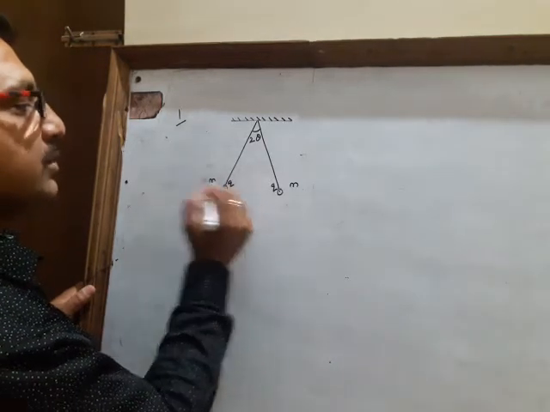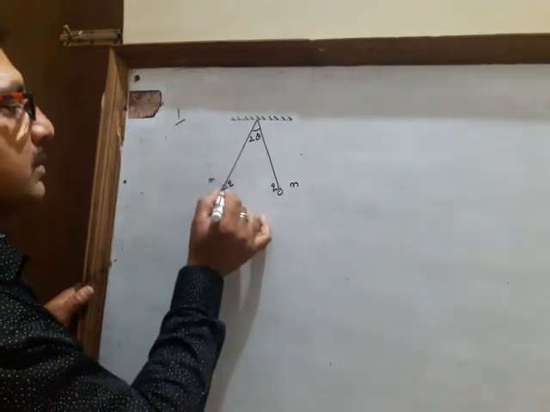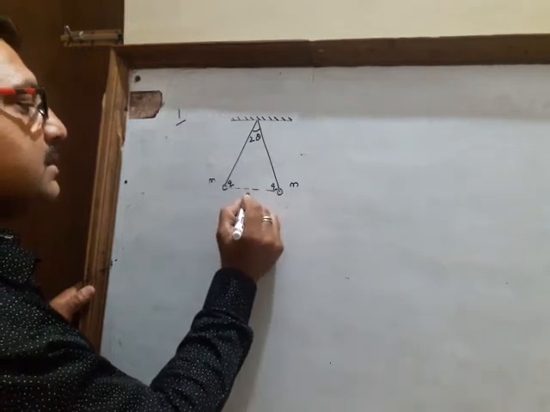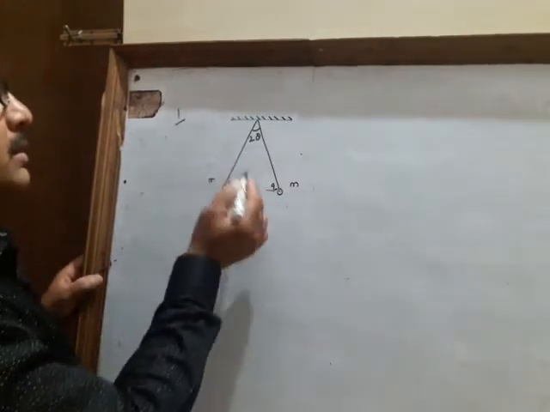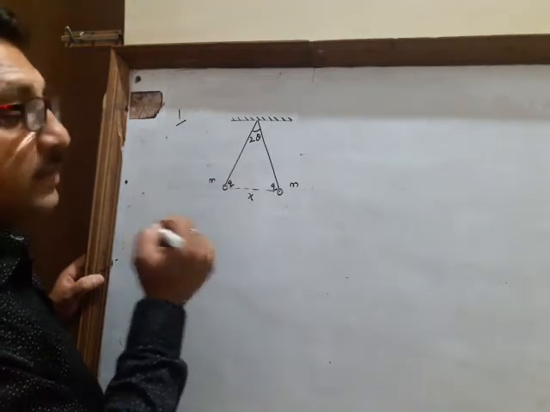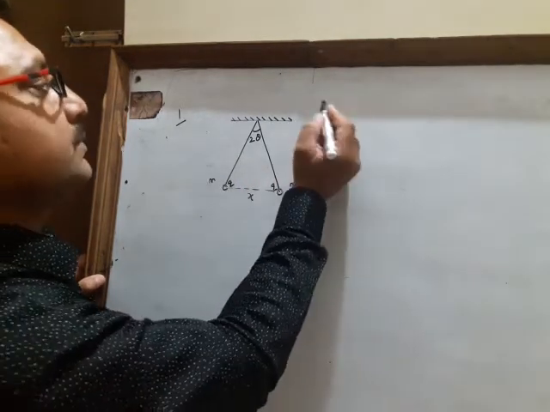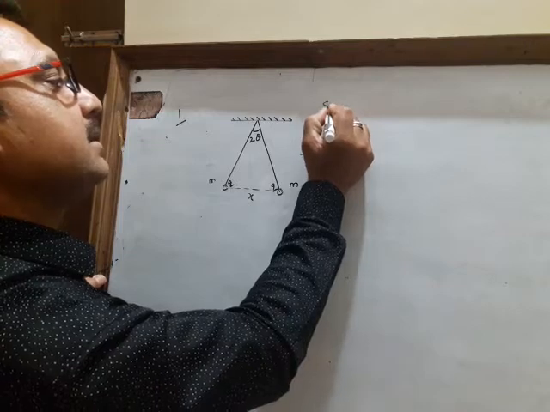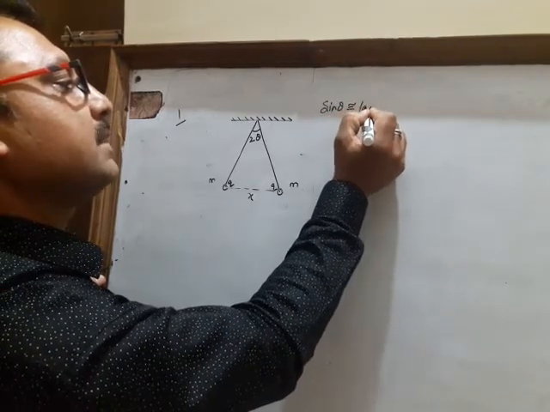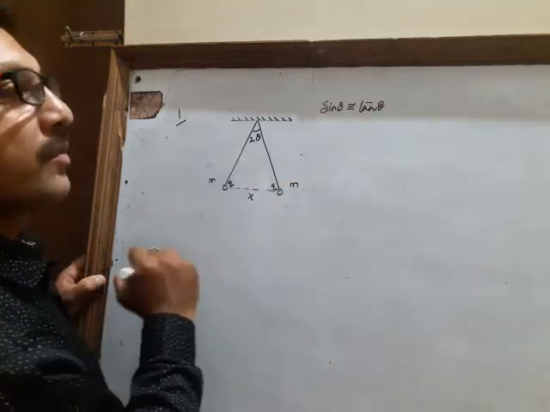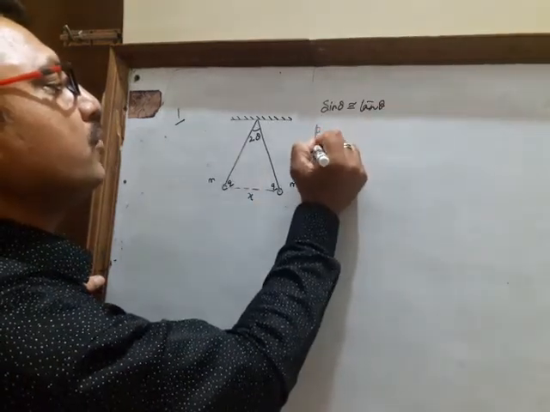Both are having charge q. This is the distance x between these two balls in equilibrium, and given that if sine theta is equivalent to tan theta, then you have to prove that